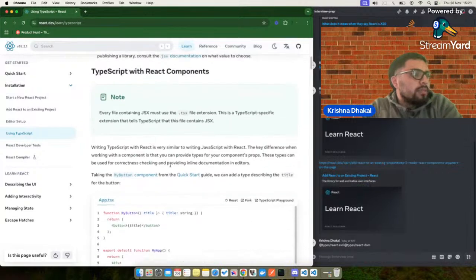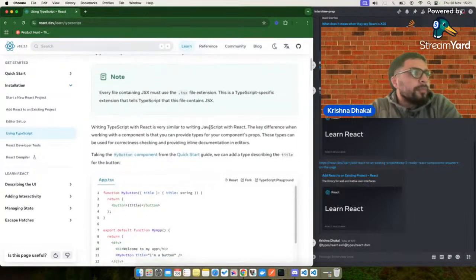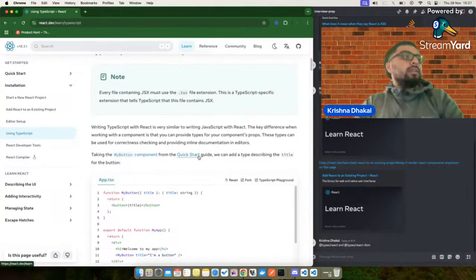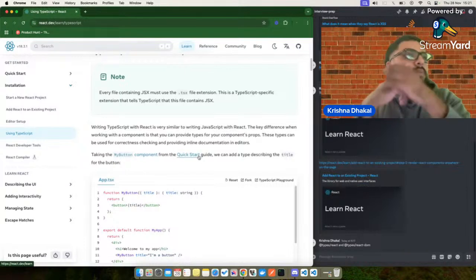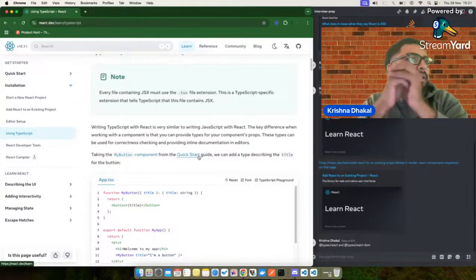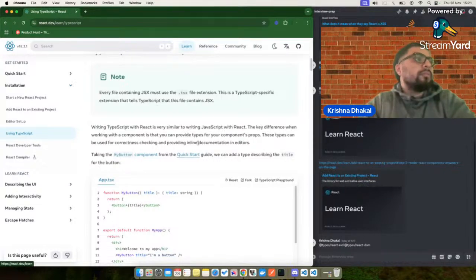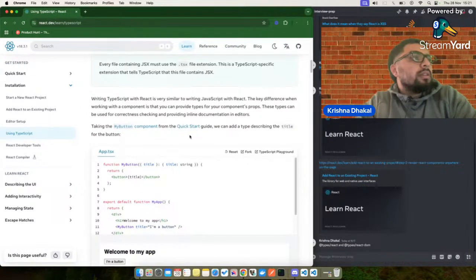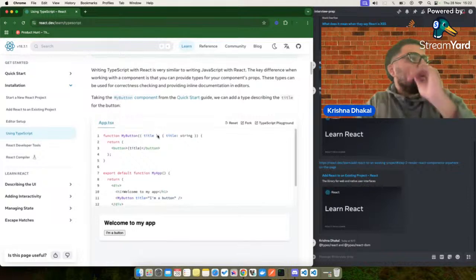Writing TypeScript with React is very similar to writing JavaScript with React. The key difference when working with components is that you can provide types for component props. These types can be used for correctness checking and providing inline documentation in editors. Taking the MyButton component from the quick start guide, a type describing the title for the button. For example,